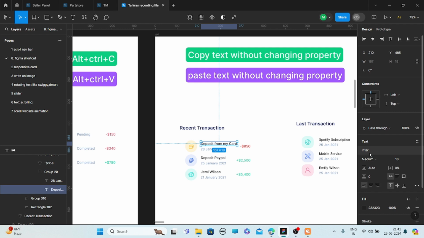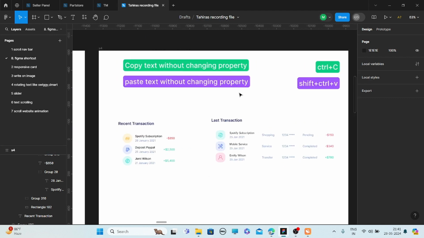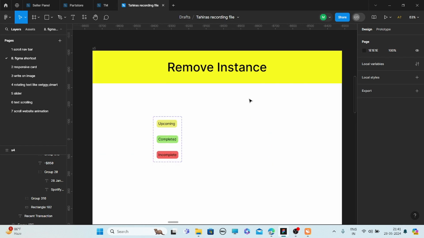Now if I want to copy the text without changing the property, press Ctrl Shift, double click and V. Here you can see the text is copied but its property is not changed. These are very useful. Again, if you have not got this shortcut, please watch it again. You will get it.